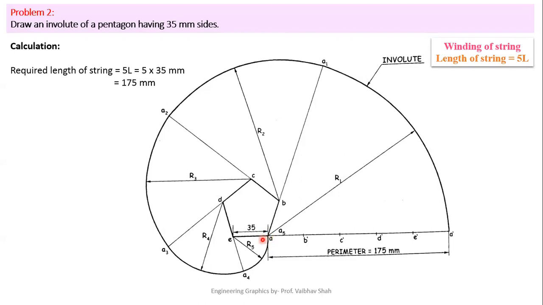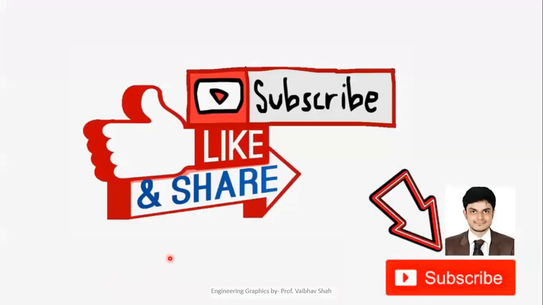So you have drawn this arc. So now you can see that you automatically generated this curve, and this curve is nothing but your involute of a pentagon. So now later on, let us give the dimension to this side is of 35 mm, and obviously each of the side is of 35 mm. This radius we have used first, so you can write down as R1. This is the radius we have used second, so you can call it as R2. This is our third radius, so we can call it as R3. This is our radius fourth, so we can call it as R4, and this is our final radius which we have used. You can say it as R5. Very easy.